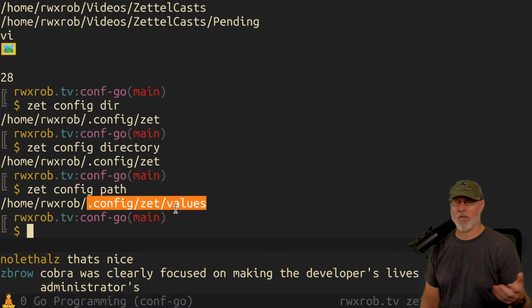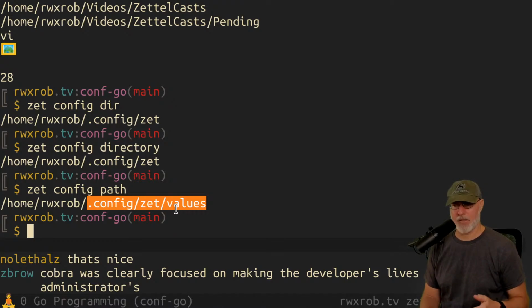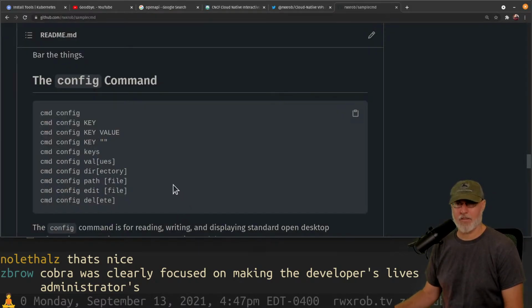So when somebody uses conf-go or the version in bash template, they don't have to think about it. They just have to add a configuration, and boom, it saves it to the right place, and it caches it in .config, and they can symlink that from their dot file repo on GitHub or whatever they want to do, and they don't have to fight over this. Like it or hate it, NeoVim, one of its claims to fame is that it finally put the configuration information under .config, like it should. God changed his mind. He didn't like all those dot files at the root level in your home.